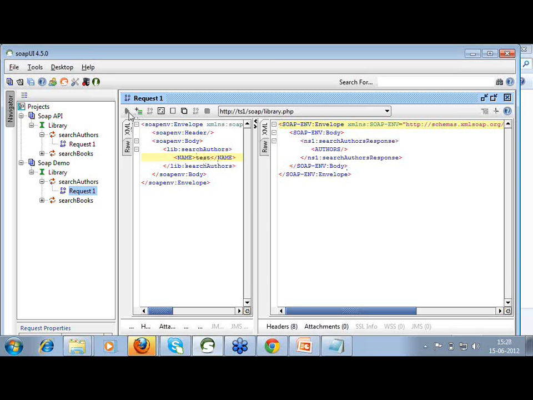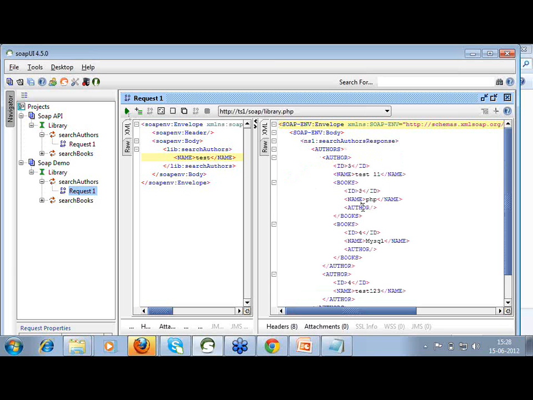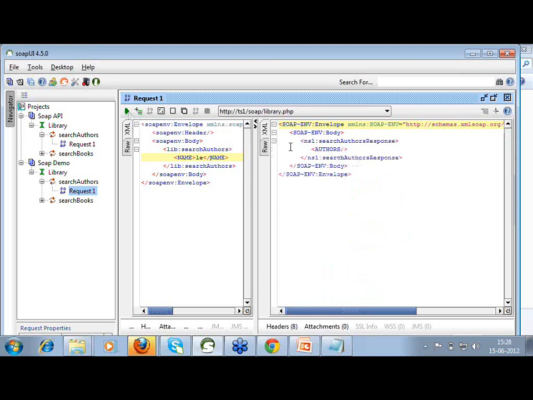I can run this test again, and there is data for it. I can input what I am going to enter and see the output. This is the tool you can use for SOAP and REST both.